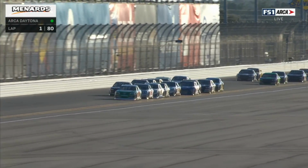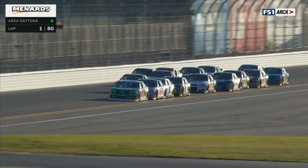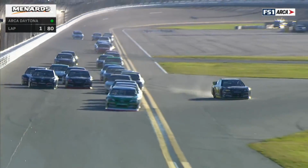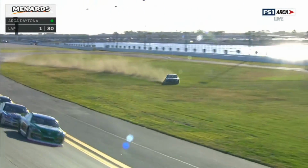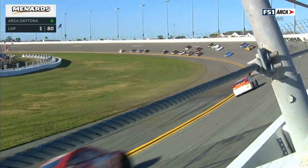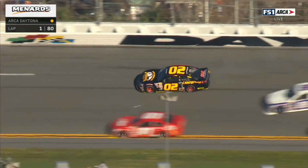Many young drivers are making their first ever Daytona start. They did some testing, some drafting and testing, but it wasn't a 30-car pack like it is here. Hold on. Oh, that's Andy Seiss. Make sure he didn't come back on the race. I'll tell you, he did a heck of a...